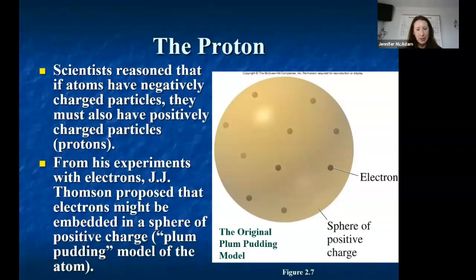This is actually what it's called, plum pudding model. So what JJ decided was that the pudding was just a sphere of positiveness. And in that sphere of positiveness, there were these little plums of electrons. Think of it kind of like tapioca pudding, like the tapioca pieces would be the electrons. And some people are like, I've never had tapioca pudding, like a chocolate chip cookie. So like the chocolate chips are electrons and the rest of the cookie is just a sphere of positiveness, right? And this is what JJ decided